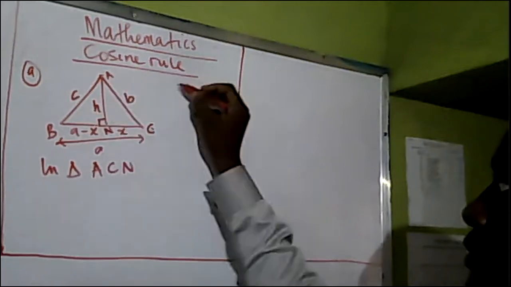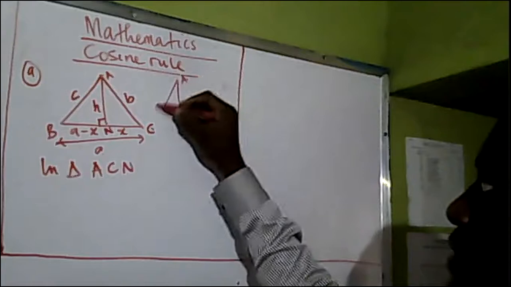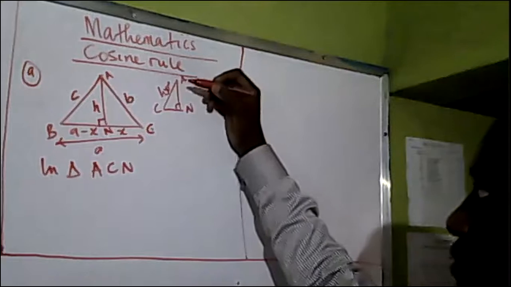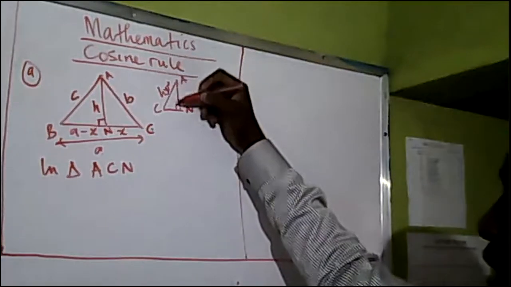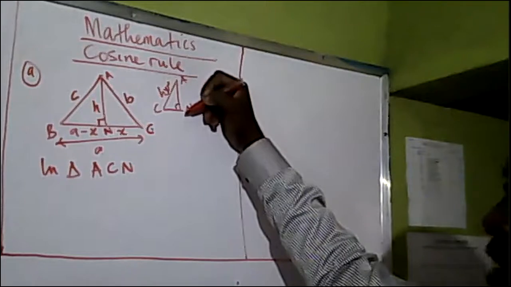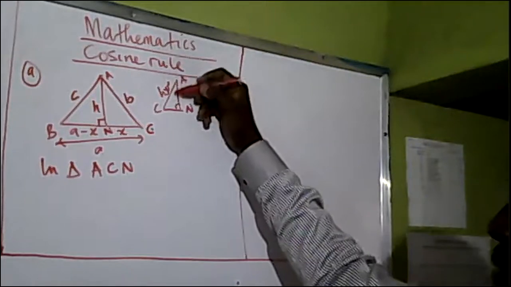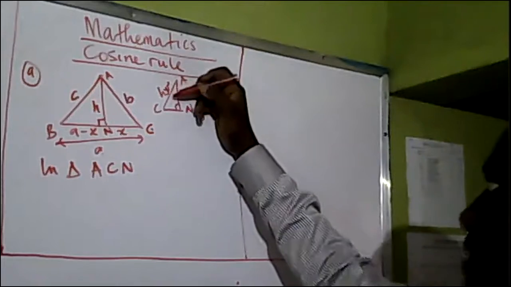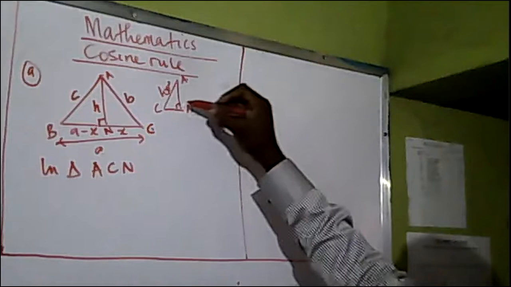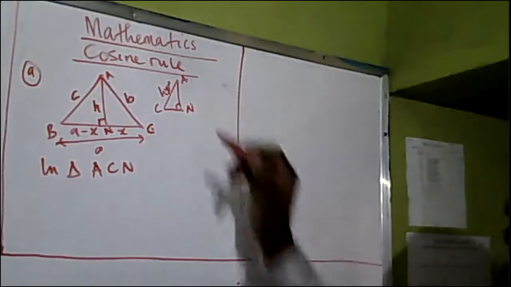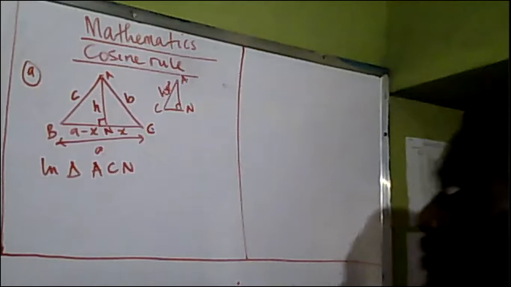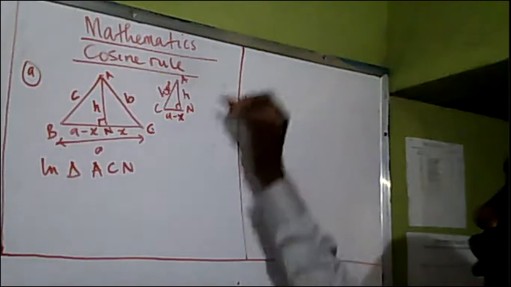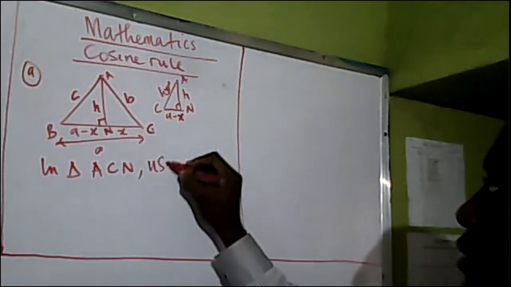ABN, this is a right angle triangle. This is your hypotenuse, the side facing the right angle. When you were in junior class, you were told the longest side is the hypotenuse, to make it easy. That's not the case. Any side that faces the right angle itself, that is 90 degrees, is your hypotenuse. Then this is a minus x, and this is h. So using Pythagoras theorem,